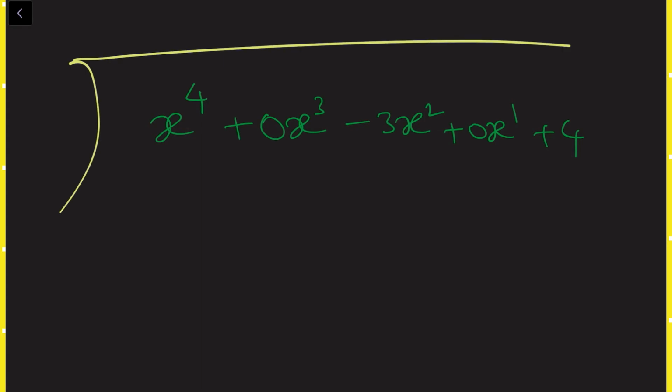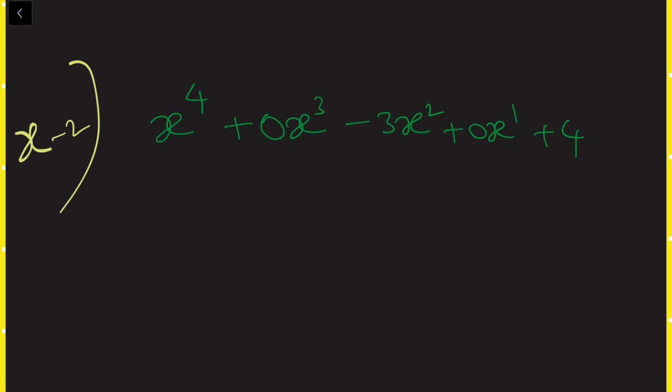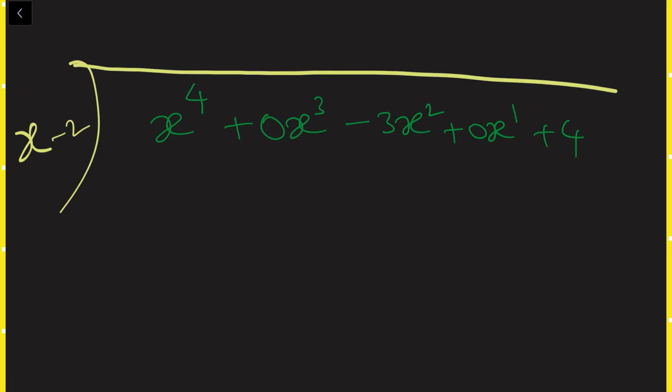He said that this is divided by x minus 2. So we are dividing this by x minus 2. Sorry, I will make it from down so that I can write the quotient up. Okay, now first term we need to check, that is x. Here first term is x power 4. In x table where we will get x power 4, that is x power 3. X into x power 3 is x power 4. First term I multiplied with x cube, so second term also I need to multiply with x cube only. Minus 2 into x cube, minus 2x cube.